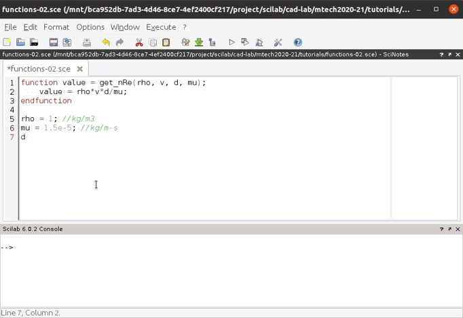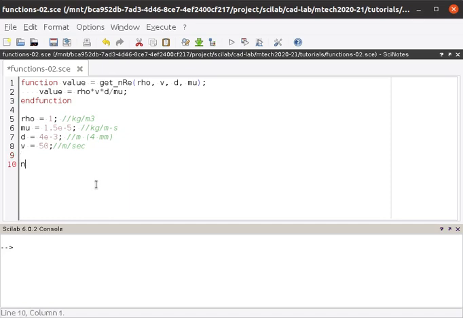Diameter of the pipe is, suppose you say 4 millimeter dia, and the 4 millimeter is to be converted into meter, so multiply it by 10 to the power minus 3, e power minus 3, e means 10 to the power. Now it is in meter, or you can say 4, for your help. Velocity is suppose 50 meter per second. Now we want to calculate Reynolds number out of it,